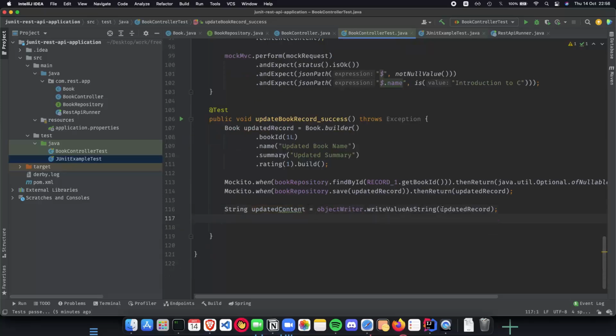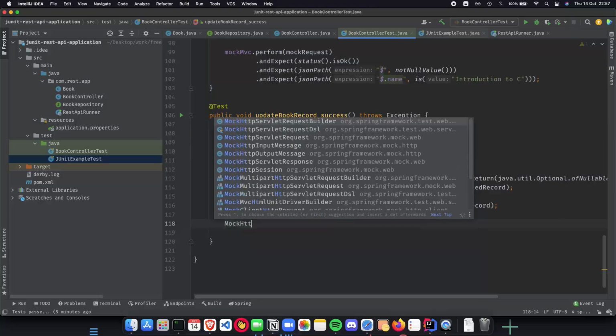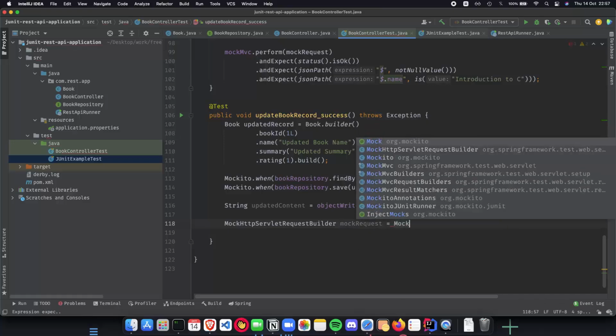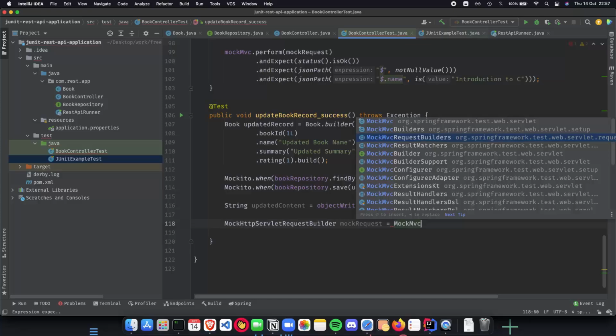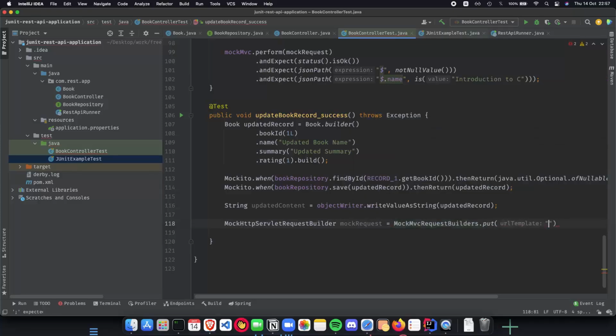So we have updated content here, and the next thing would be to build a mock request builder, right? So let's implement that. We want a mock HTTP servlet request builder, which is a mock request, and this is going to be mock MVC request builder dot put. So we want to test put, and we want to test it for /book. The next thing is the content type